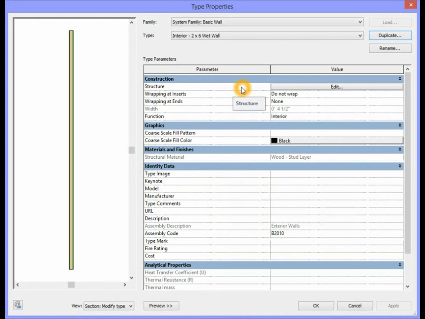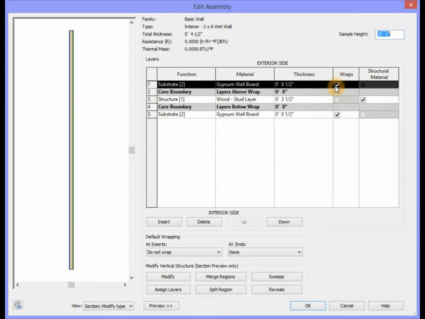You will then edit the structure of this wall. The only change that you will need to make to the wet wall will be, since you are using a